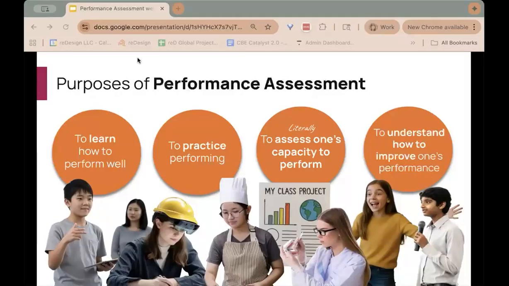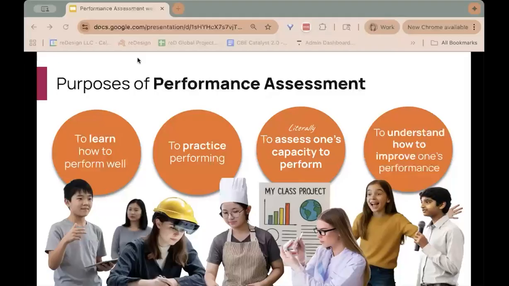I want us today to really focus on the word performance, not as in a play or a concert that I do in front of others in those narrow terms, but as something I am doing that has an audience out in the world, that has meaning and purpose. So we see the purposes of performance assessment in this way.